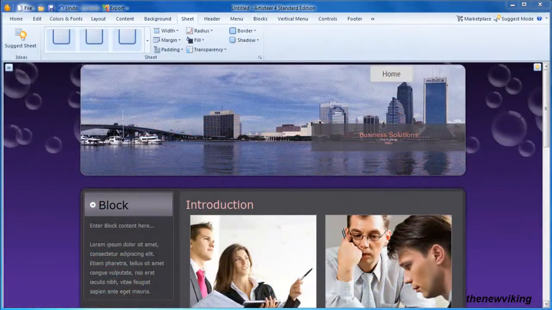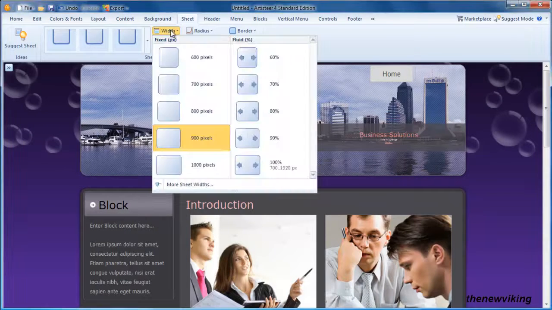With the aid of the sheet parameters, we can design the page as we wish it to be, and there are no less than 8 parameters that we can adjust. The first one, width, is about the width of the page. We can choose fixed, then the page has a fixed width and it will look the same on every browser screen. Or we can choose fluid, and then the width of the page is a percentage of the browser screen. Say we choose 70%,